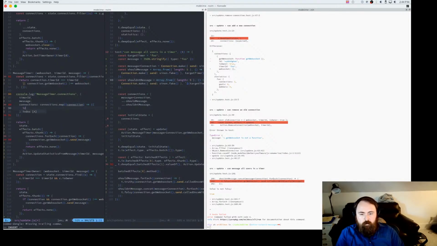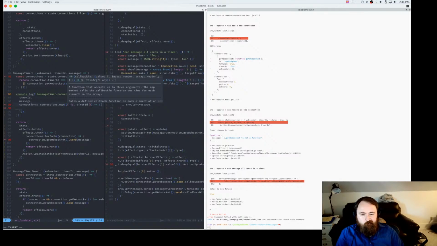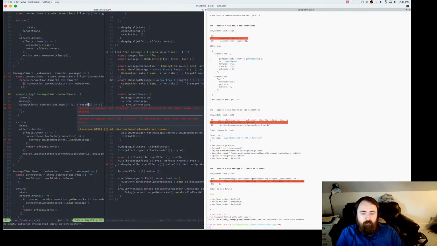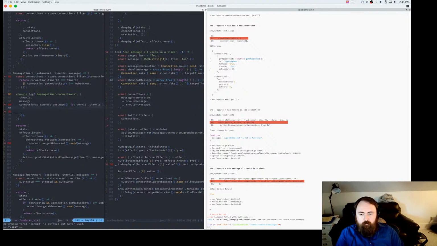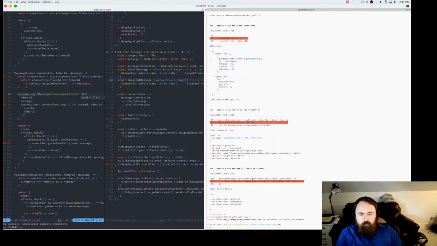And here we care about ID. Let's just extract the things that we care about. Say ID, timer ID. Yeah, that's really about it. Now we'll change this to COD ID. Then in general, I think we'll have to do a JSON.stringify with null, 2. Is that enough?